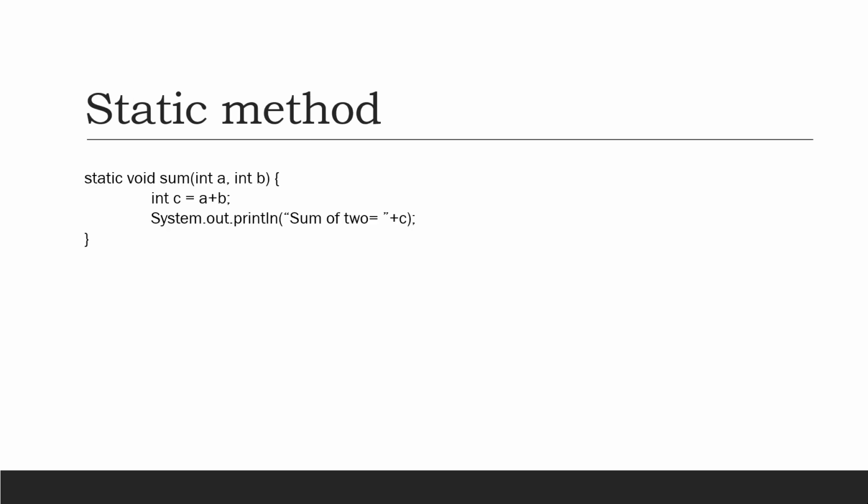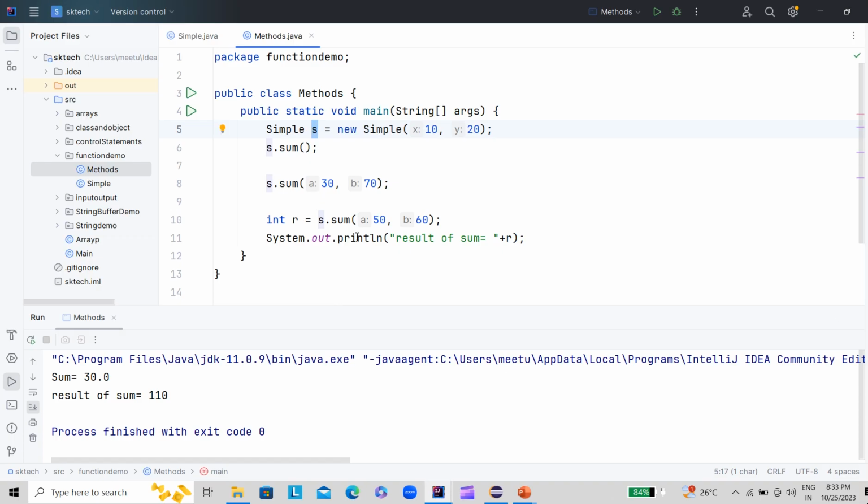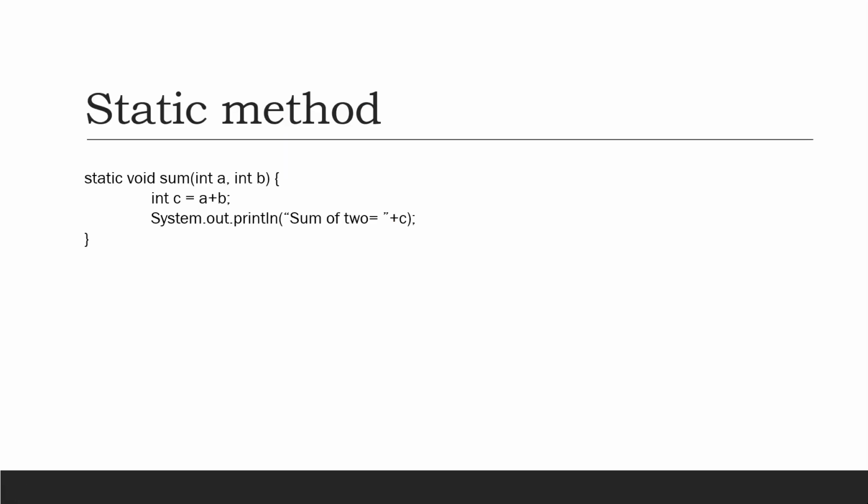Basically, a static method is a method that does not act upon the instance variable of a class. These methods we are calling with the help of the instance variable of this class, but the static method does not act on the instance variable of a class. A static method is declared by using the keyword static. Like how we have written void, some name, starting curly braces, ending curly braces, and here we write the logic of the method. If you write the keyword static, this method will become a static method.